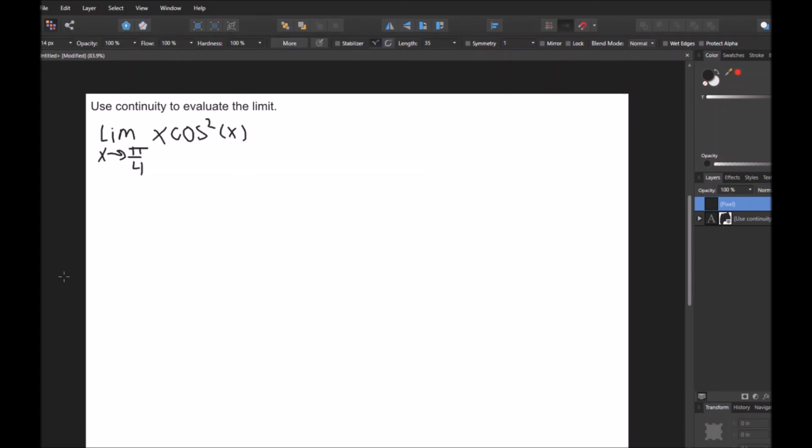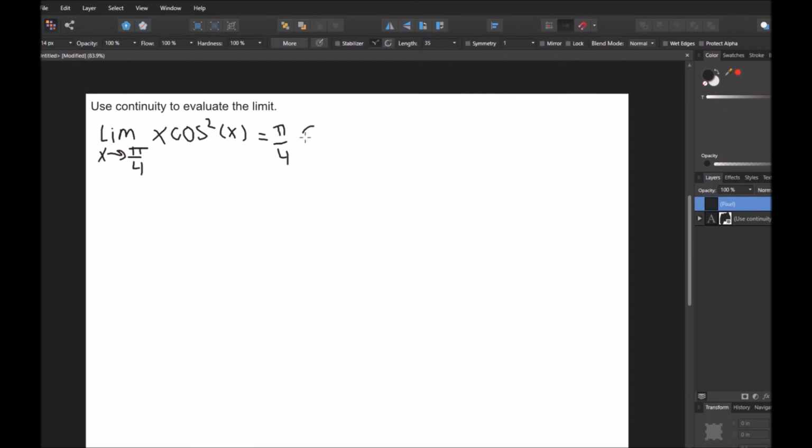Okay, so in this next question, we're asked the exact same thing, except our limit is different. This time our limit is the limit as x approaches pi over 4 of x times cosine squared of x. And once again, I can just directly substitute in pi over 4 for x. So that's what I'm going to do, and I'm going to get pi over 4